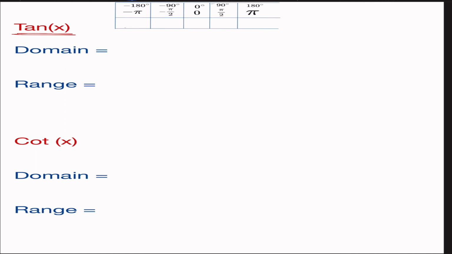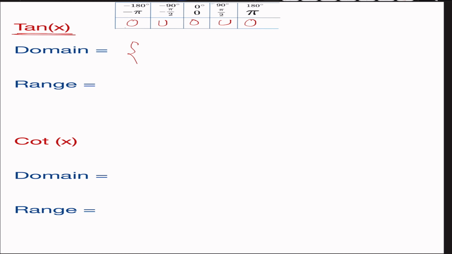Let's do the tan function. What is tan of 180 degrees? It's just 0, right? And pi by 2 is undefined. Again, it's 0, it's undefined, and it's 0. So what will be our domain here? Since tan is undefined at negative pi by 2,